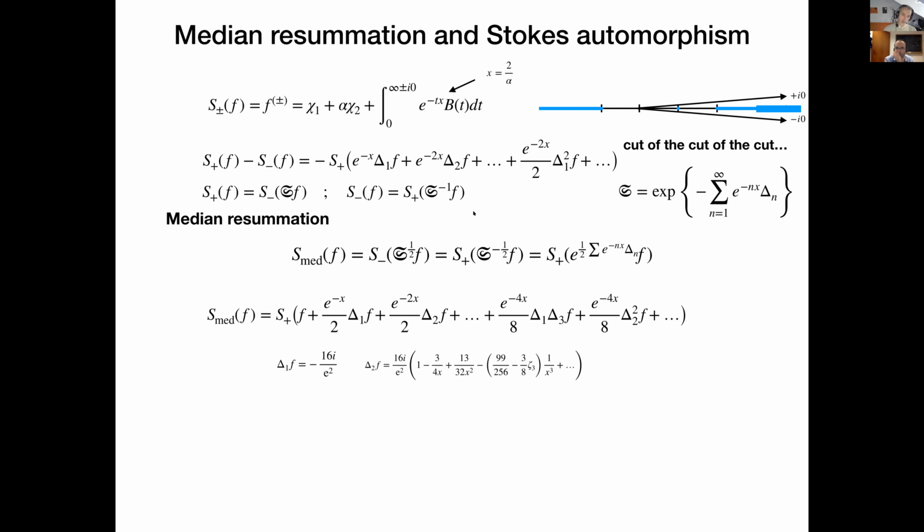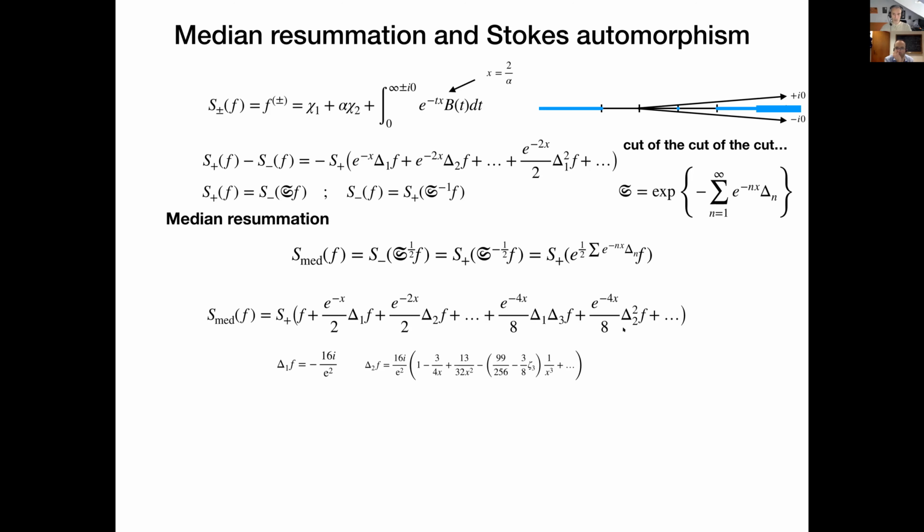This is one suggestion for how we could get a real and ambiguity-free result, although we don't know if it will be the physical result. But it's defined: you already know how your function changes if you jump. So let's integrate above and additionally take half of this contribution from the jump. So you take the square root of the Stokes automorphism, and this is how you can define a physical quantity, which is hoped to be the same as what we could get from TBA.